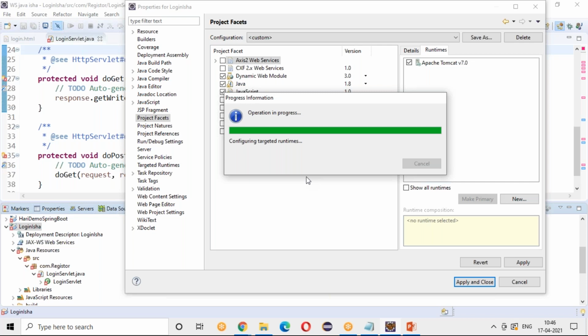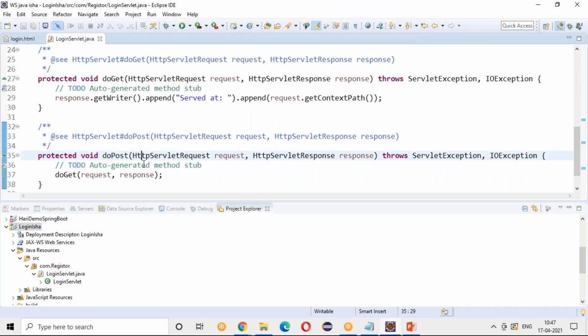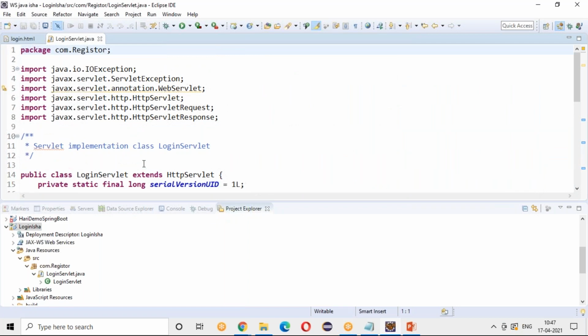Whenever you use core Java, you use abstract classes and interfaces. These are predefined things. How can your Java identify that? Because you already have the JRE, that jar is already imported and it can identify. The same way it has to identify these things. So you need to enable this Apache Tomcat and apply it. So it will be able to identify. You see, all the errors have gone.